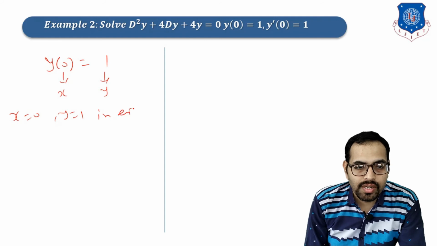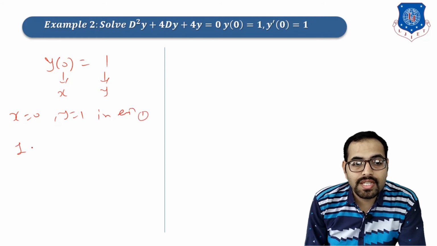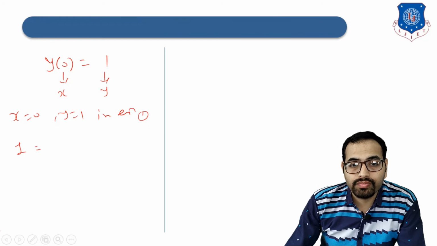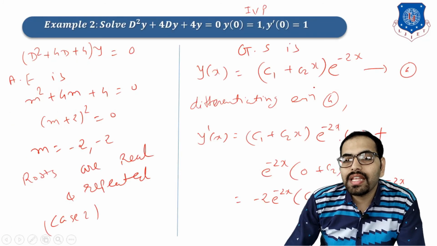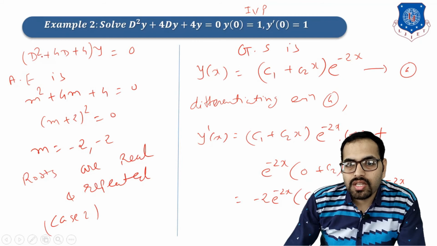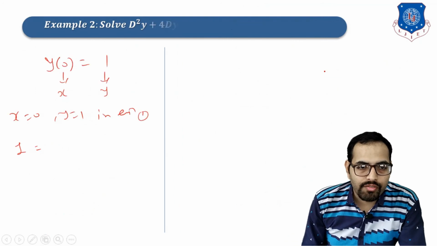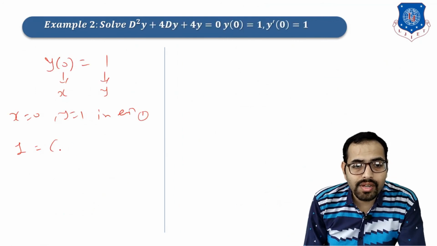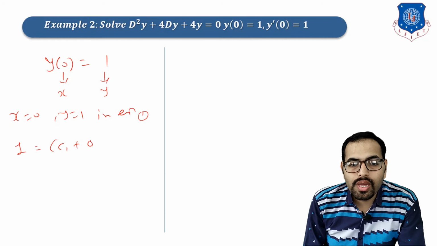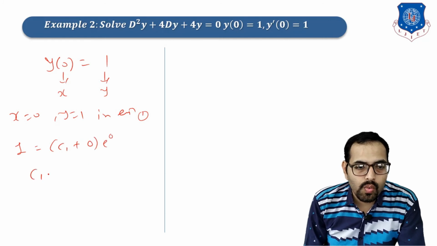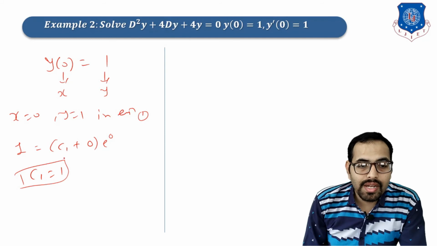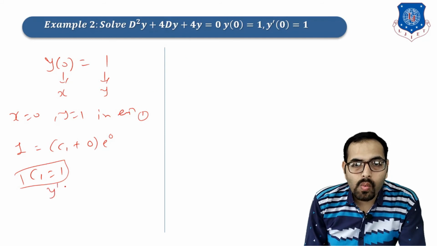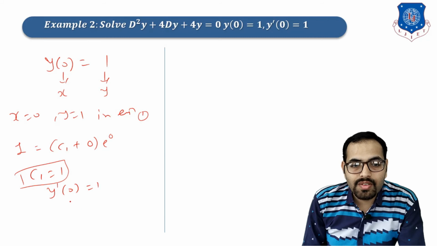Substituting in equation number A, y(x) = (c1 + c2 x) e^(-2x), with x = 0 and y = 1, we get 1 = c1 + c2 times 0 times e^0, which means c1 = 1. That is the value of c1. Similarly we have the other IVP, y'(0) = 1, which means